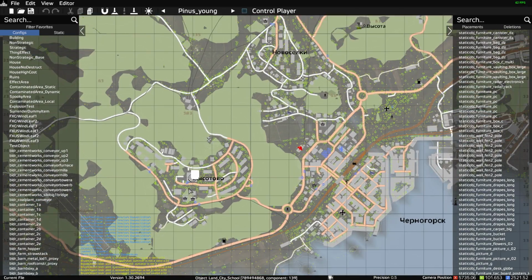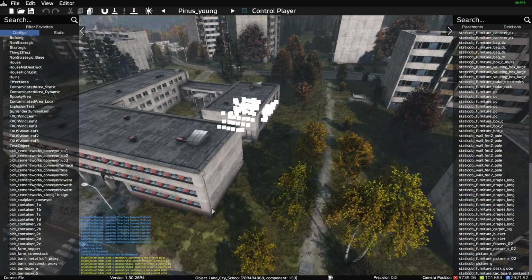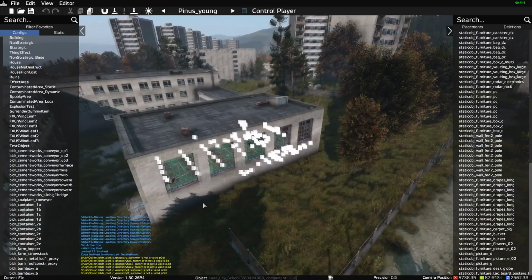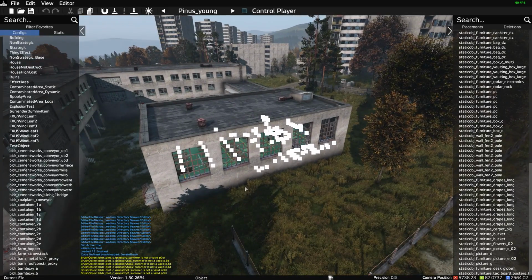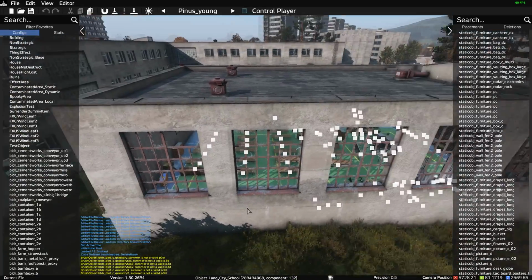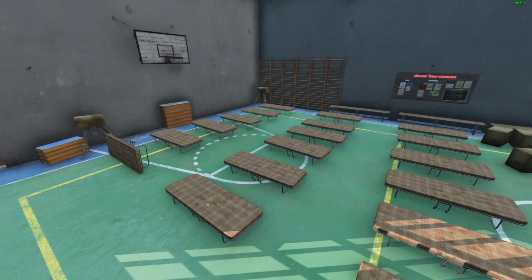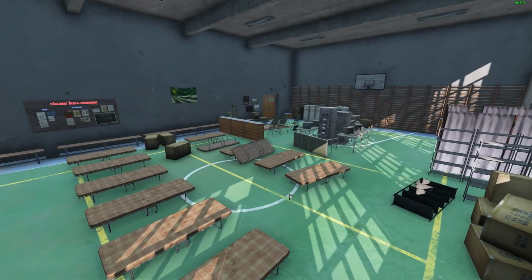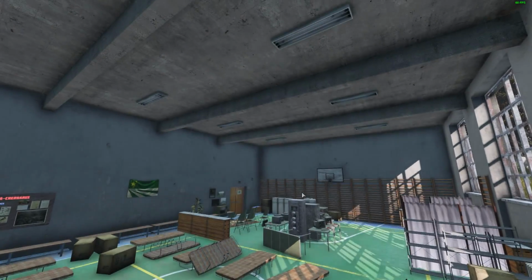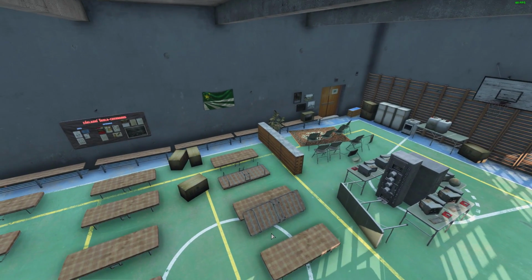Now we're looking at the Cherno High School file, and this one actually is quite interesting because it's very, very small, so it's one you're probably worth putting onto your server. And what it does is it adds loads of stuff inside the gym at the high school, up on the hill at Chernogorsk. So as you can see, we end up with all of these beds and all of these little bits. Now I really like these small files that are just adding items inside particular places,